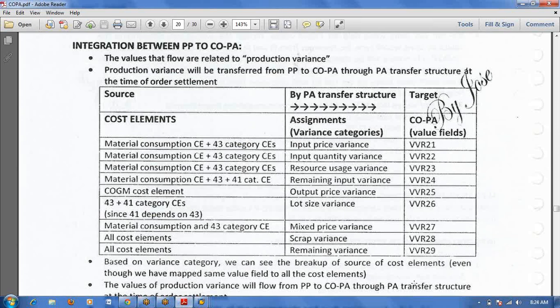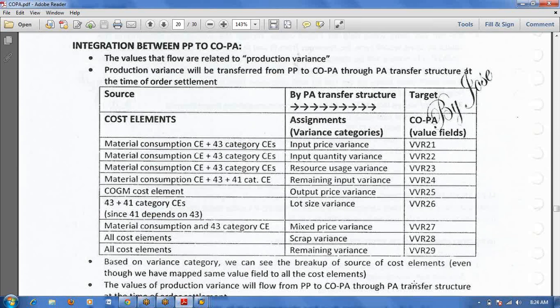So if we are using costing-based COPA, in this case this reconciliation between FI values and COPA values will not appear there, is it? Means we need not do anything like that? Yeah, normally if you follow costing based COPA, some cases the values won't match. Normally it will match, some cases won't match.